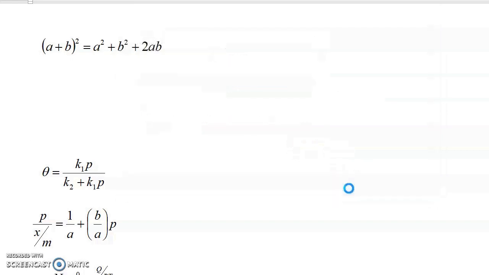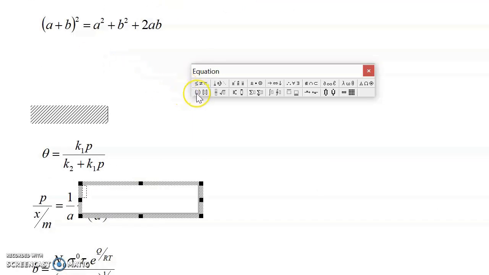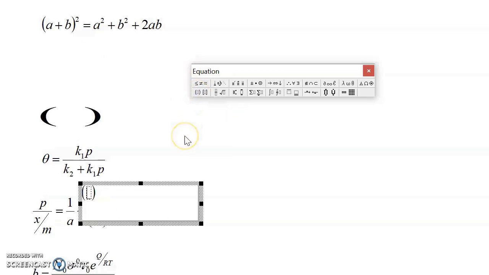Click on Microsoft Equation 3. Then first go to Fence Templates. Choose the bracket. Type in A plus B. Now using the right arrow on the keyboard, bring the cursor outside the brackets and then go to the subscript and superscript templates. Choose the superscript, type 2 there. Again, using the right arrow on the keyboard, bring the cursor down